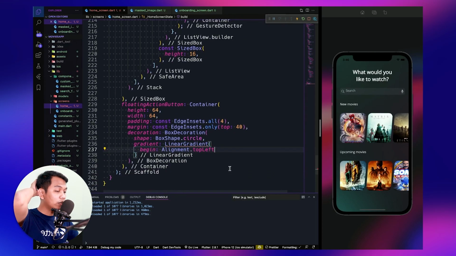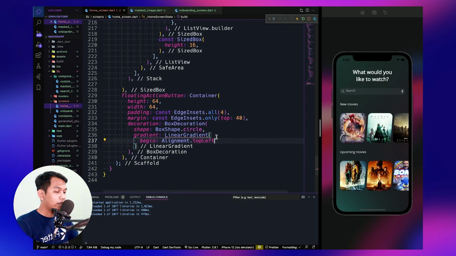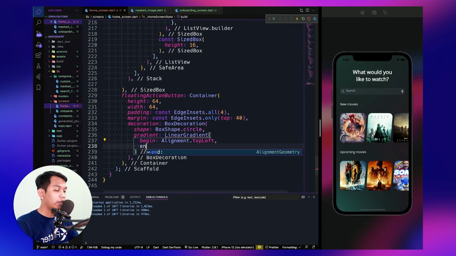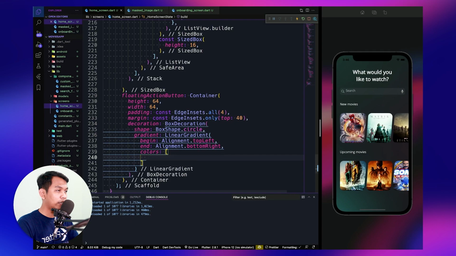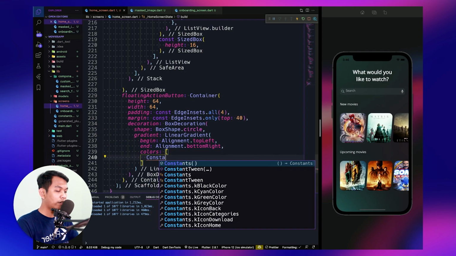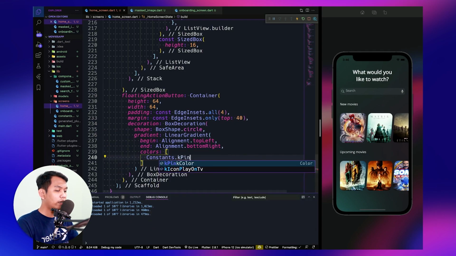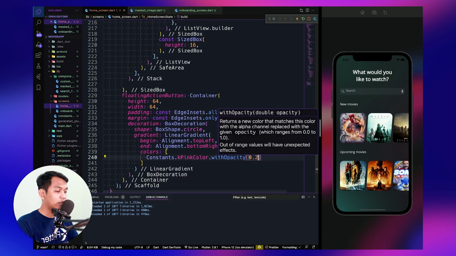The next is end, which we will set to be bottom right, and below that we will have colors, which is a list of colors, and we will have a pink color with the opacity of 20%.